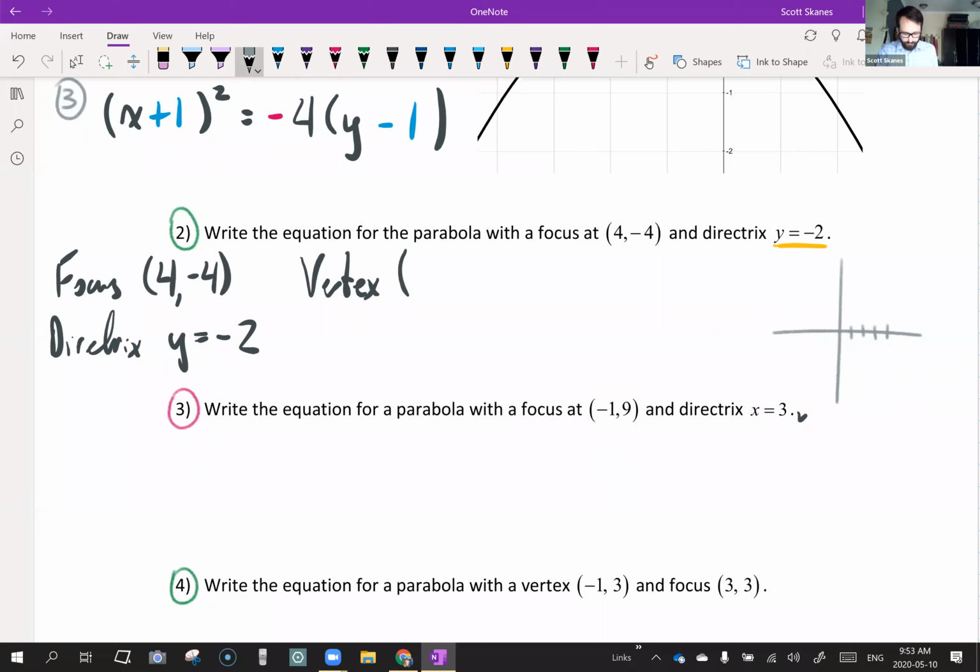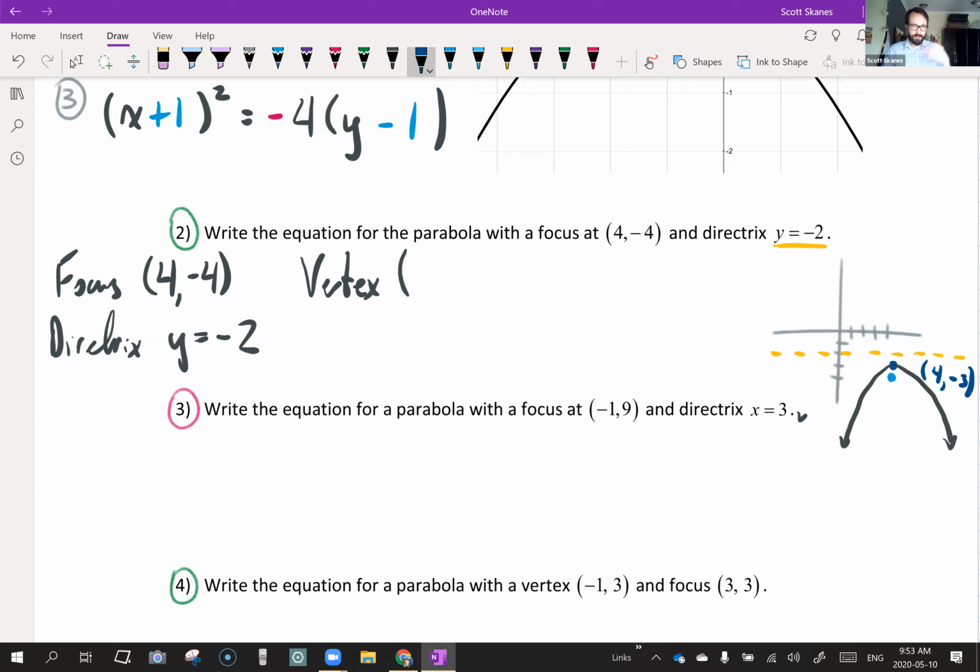1, 2, 3, 4. Put my focus there. My directrix is still at y equals -2. And I need to go halfway in between to get my vertex. My vertex is halfway in between right here. That means I need to open downward. The vertex is at 4,